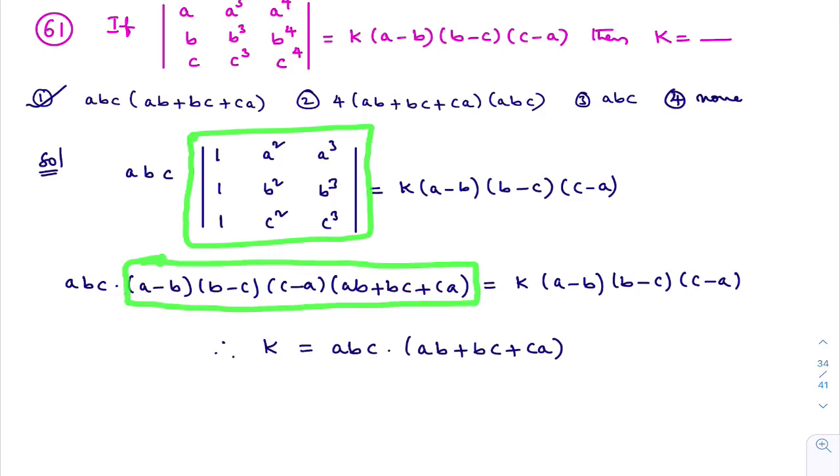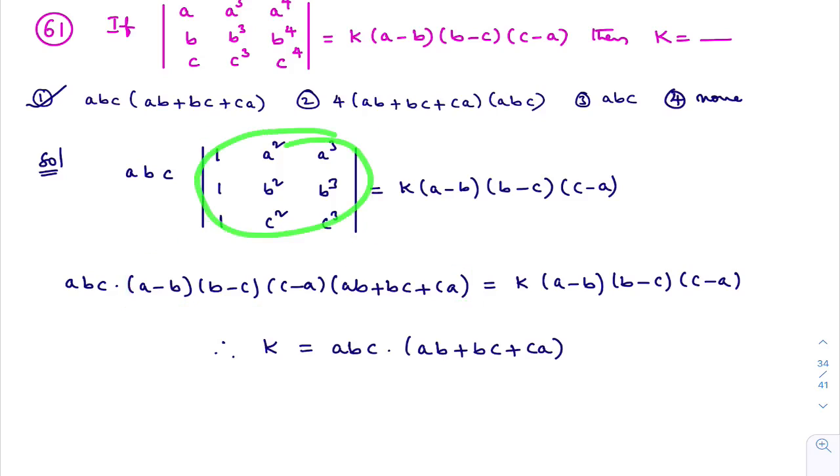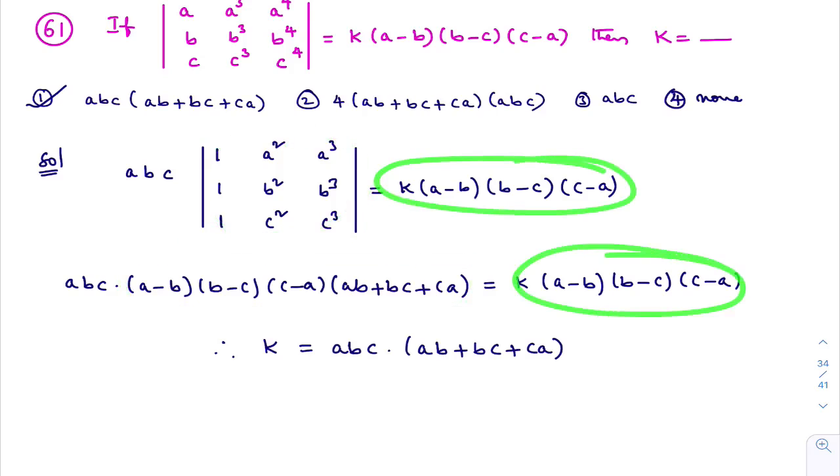We already did this same problem in PUC. You can check this in exercise number 4.2. So this is the key step. If you do not know this, the problem is going to be very lengthy. If you know this, you can do this very easily. So the value of this determinant is this expression, equal to k times of this, which I have written as it is.